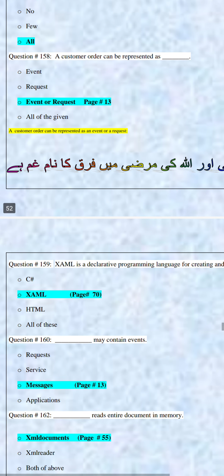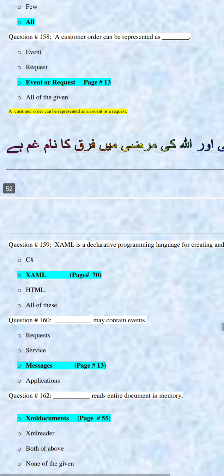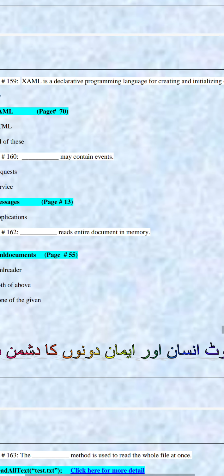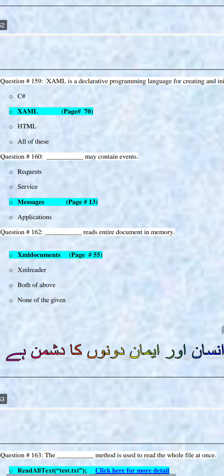A customer order can be represented as an event to request. XAML is a declarative programming language for creating and initializing objects. Messages may contain